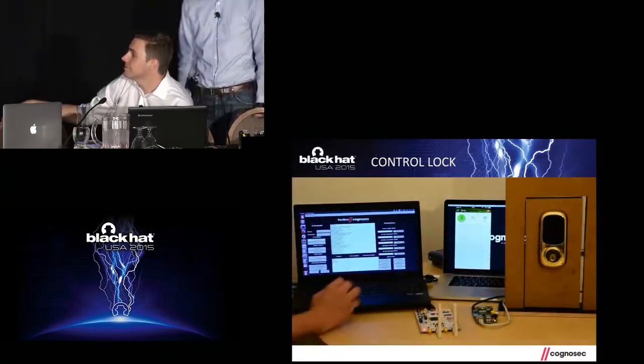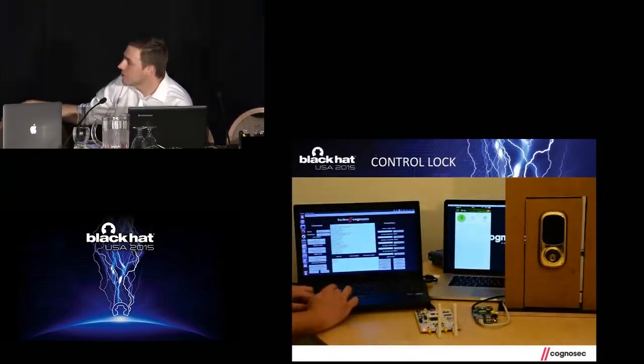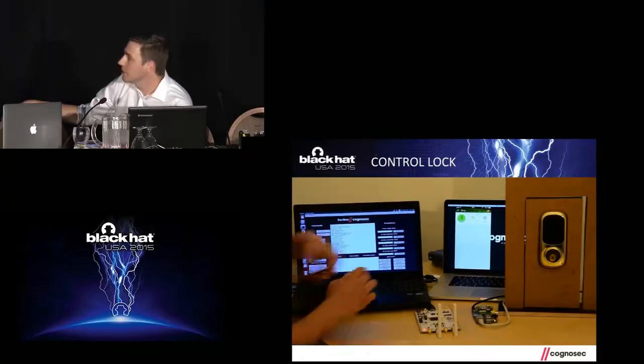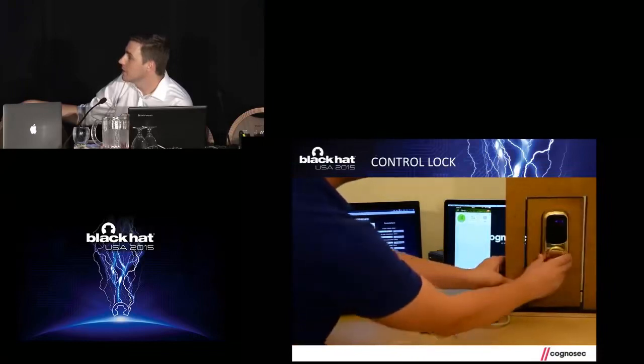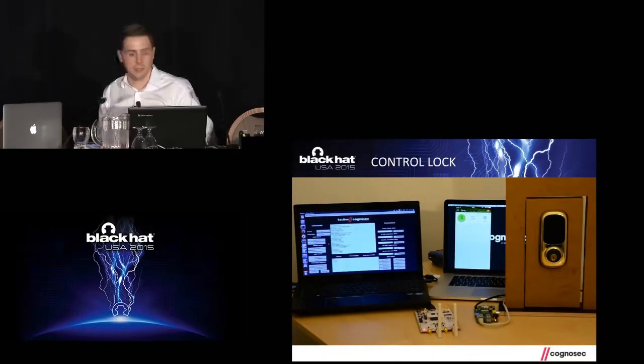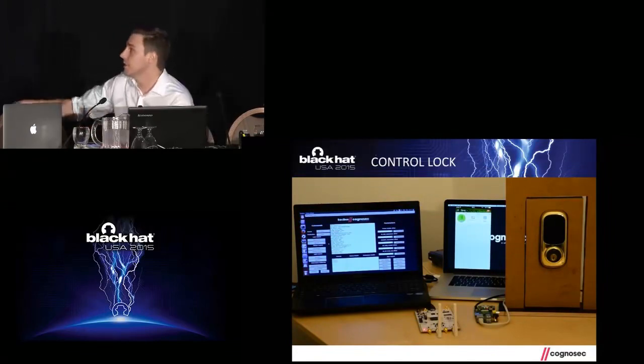So it's locked. What I do now is use our tool and inject the appropriate command into the network using the Raspberry. So the door is open, but on the smartphone app, it's still closed. The lock accepts our commands, but as a user, you're not aware of that because the hub doesn't recognize it, which is not good for you. As a nice intruder, I could also lock it again, and you would have no clue that somebody was ever in your house.